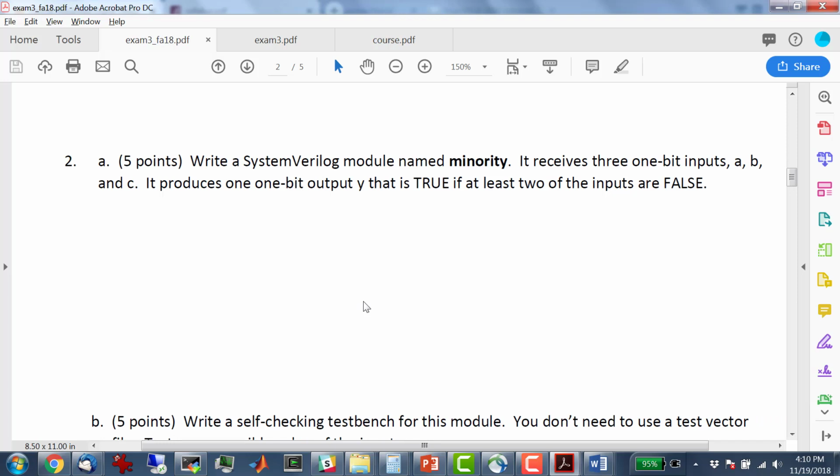at least 2 of the inputs are false. There are many ways you could do this. This would be behavioral Verilog. So module minority, input logic A, B, and C, output logic Y;